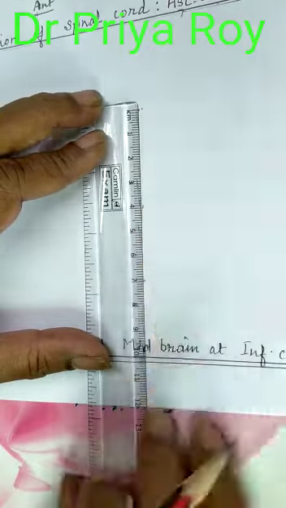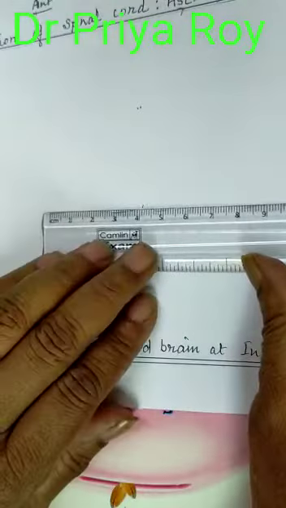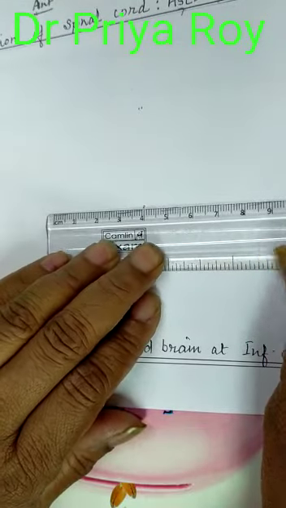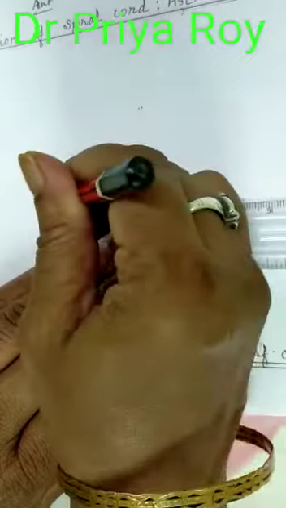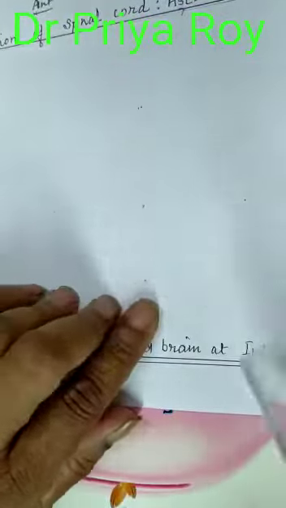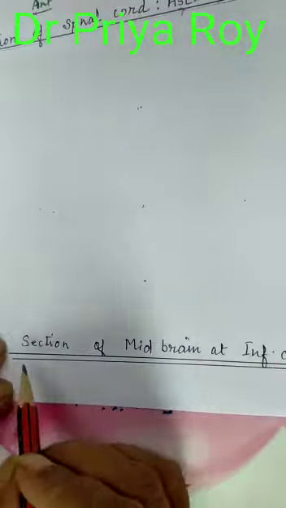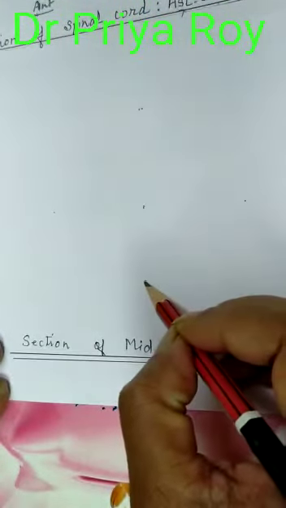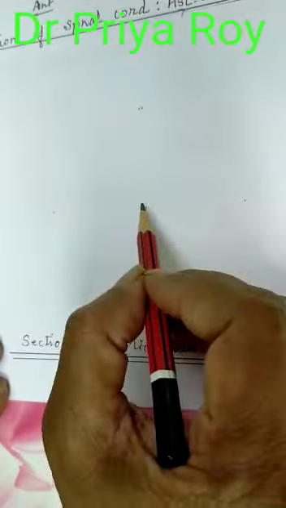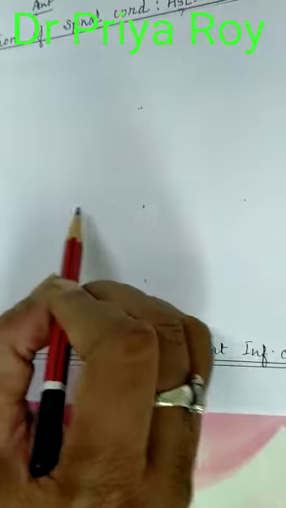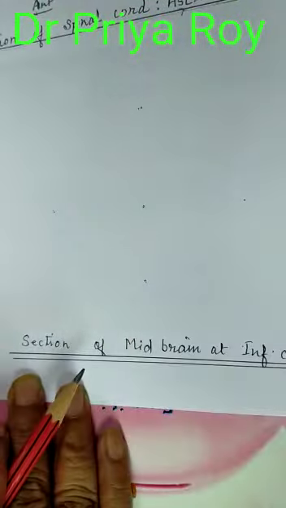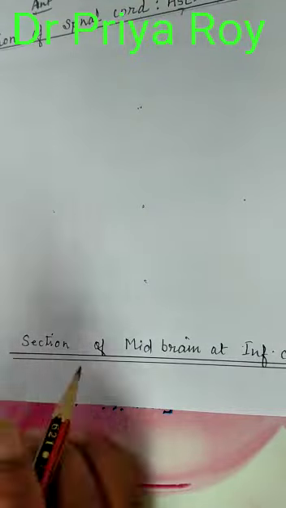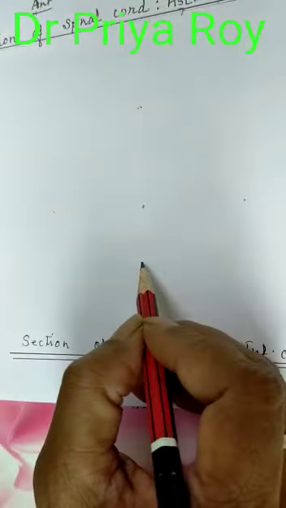So here I have put 4, and here also I have put 4 on both side, because it is a symmetrical one, each and every section. So draw it like this. So now this much dot only. Okay, I will repeat it again. Put one dot here and 4 centimeter, and here 3 centimeter. So here is 4, so here also 4, here also 4. So it is very easy to remember. Okay, you can alter anything like this, but this and this should be similar and a bit smaller here.